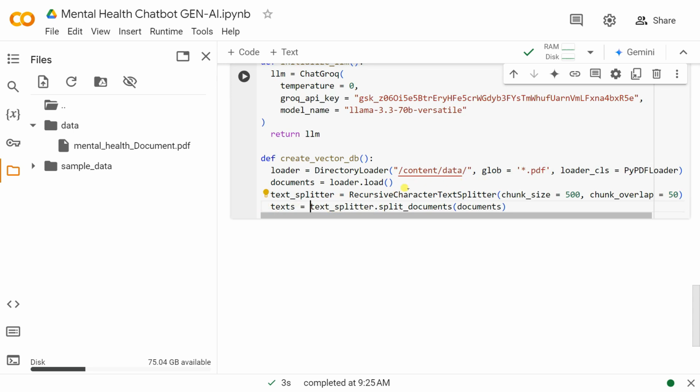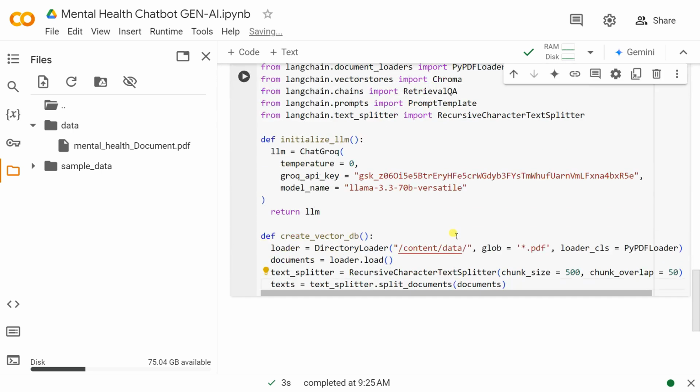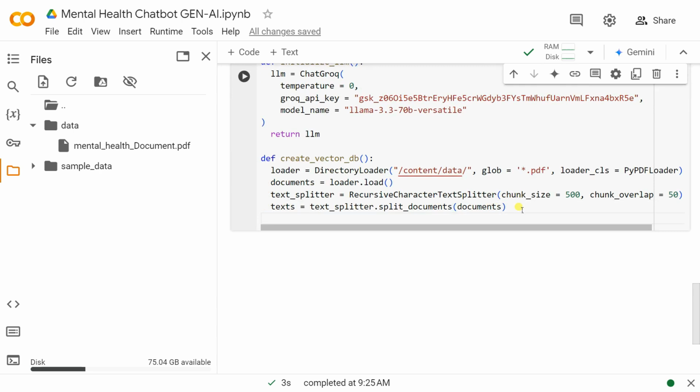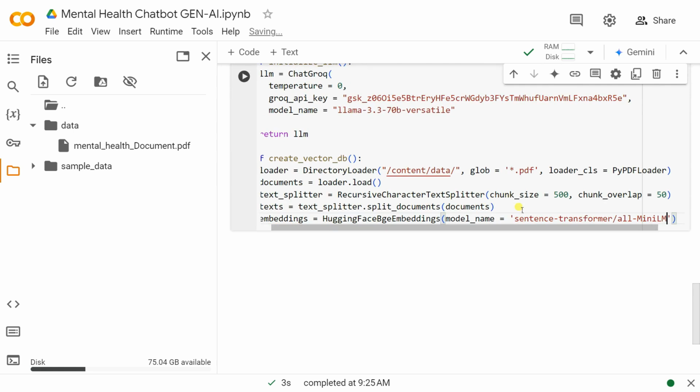Now we're simply going to pass this data inside the Hugging Face embedding. So I'm going to make it, let's say, embedding equal to HuggingFaceEmbedding. Inside that I can pass in the model name. Let's say model underscore name is nothing but sentence. This is the Hugging Face model. You can go on Hugging Face and check this one. That's called sentence-transformers all-MiniLM